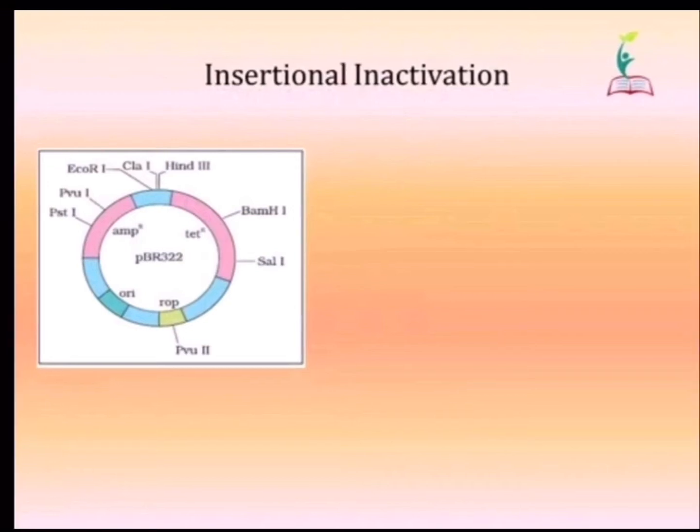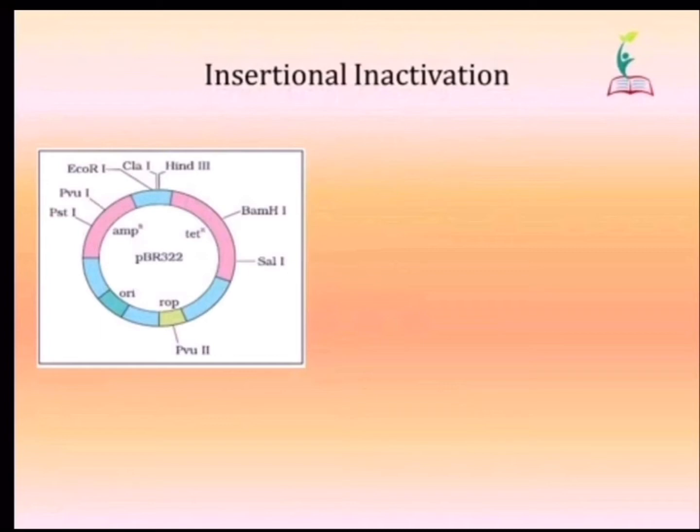Near to that, there is a structure colored in green, that is ROP, a protein which helps in origin of replication. Then you can see two pink colored regions, those are the selectable markers. One is the ampicillin resistance gene and the second is the tetracycline resistance gene, given here as AMPR and TETR